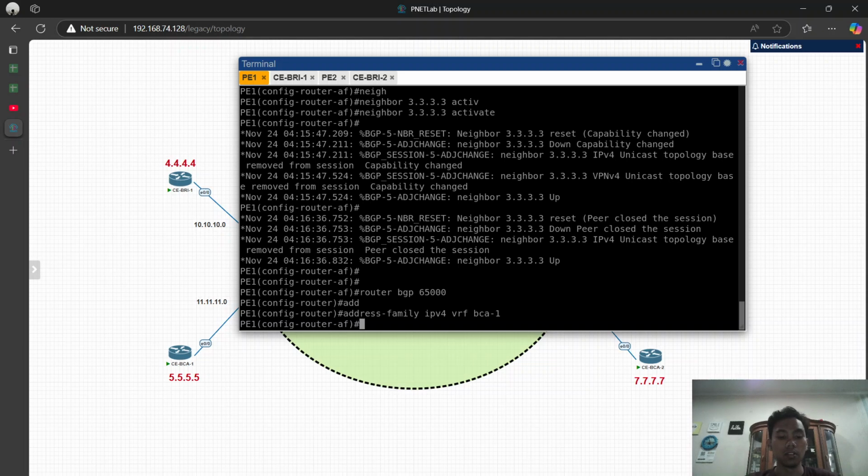So I'm gonna set the neighbor. The neighbor is the IP address of the router CABCA1.